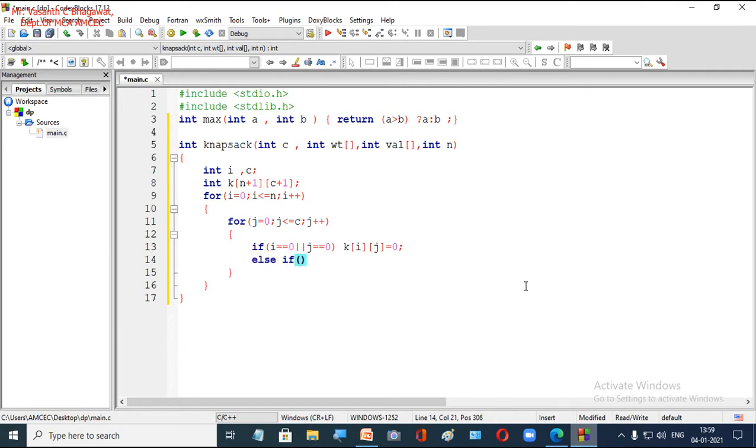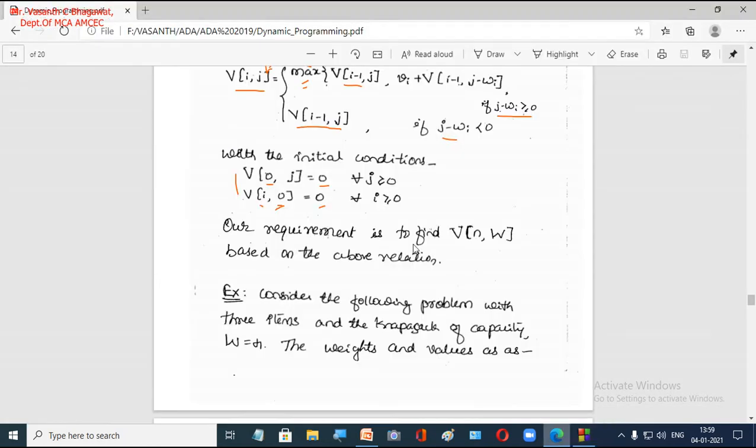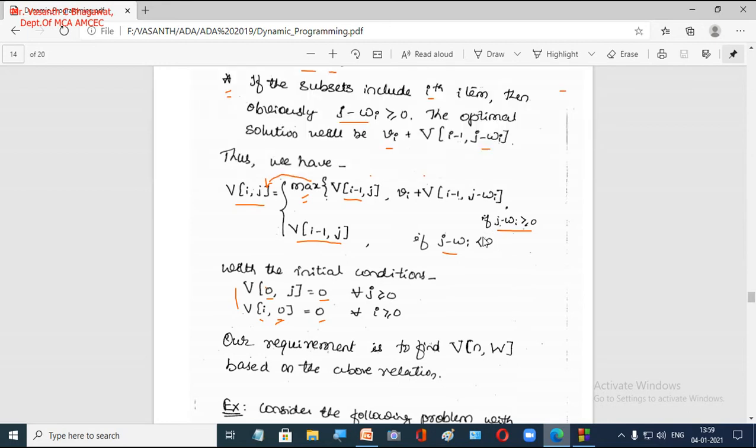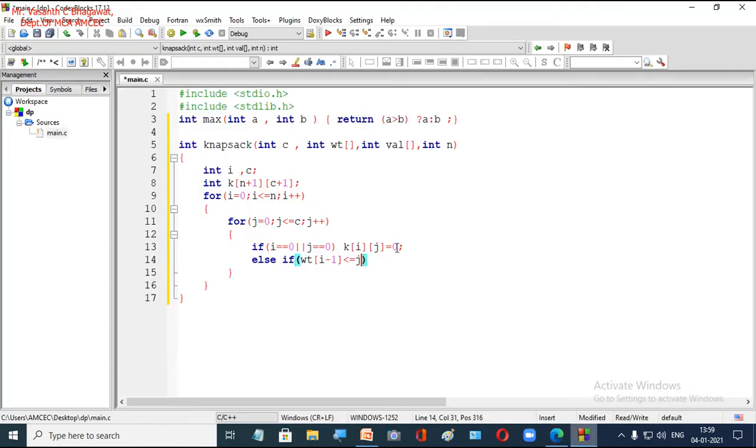Now else if weight of i minus 1 is less than or equal to j, that means there is still capacity left in our knapsack. See here, if j minus wi is not less than 0, we bring this to the other side, so weight of i minus 1 is less than or equal to j.